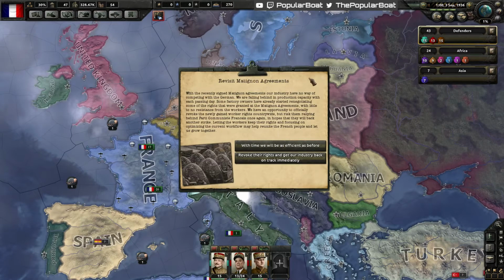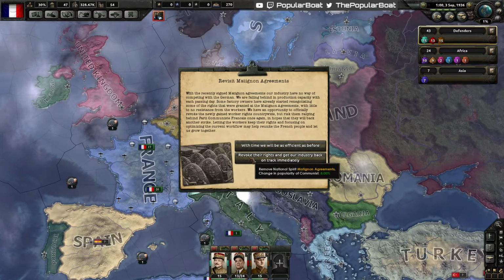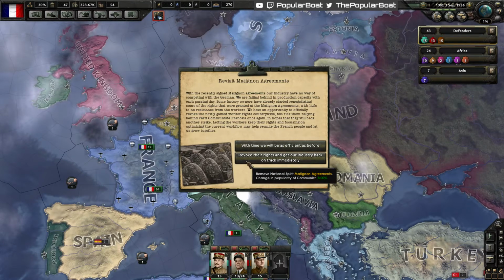Revisit Mettingen agreements. With the recently signed agreements, our industry have no way of competing with the German. We're falling behind in production capacity with each passing day. Some factory owners have already started renegotiating some of the rights that were granted at the agreements with little to no resistance from the workers. We have an opportunity to officially revoke the newly gained worker rights countrywide, but risk them rallying behind communists once again. Gaining national unity is very...